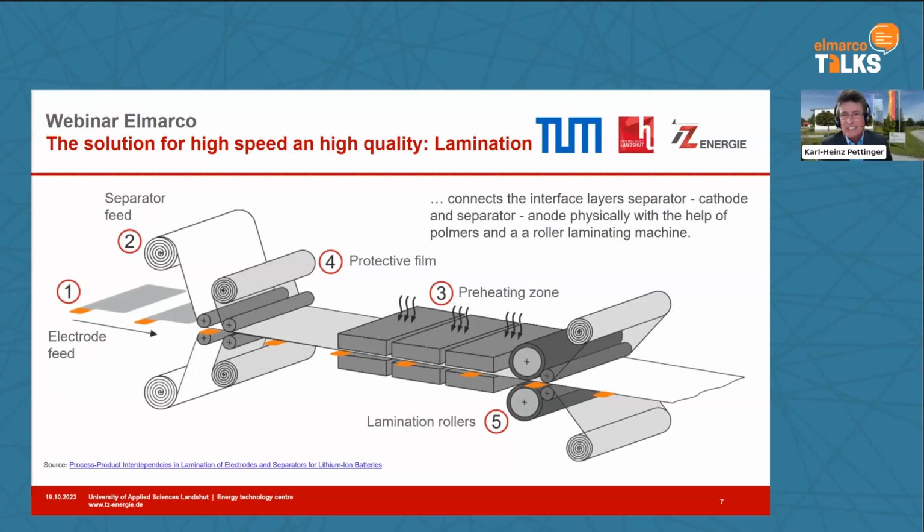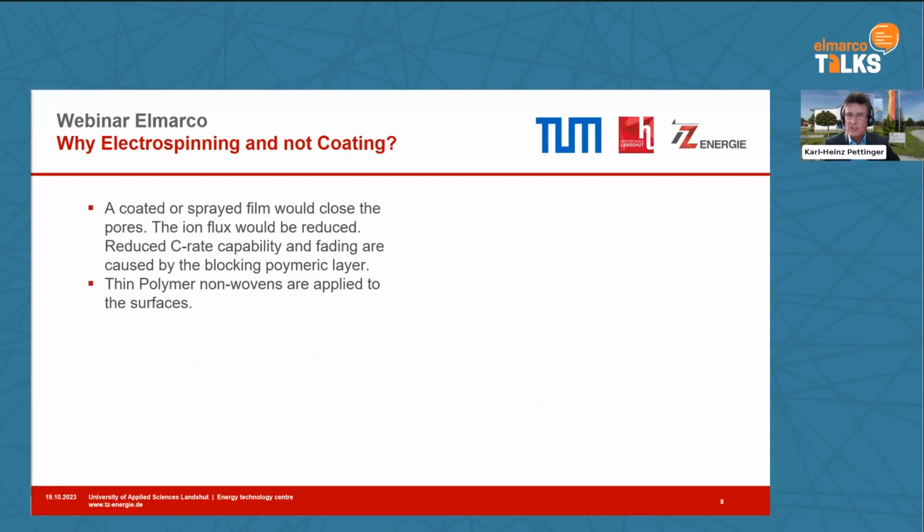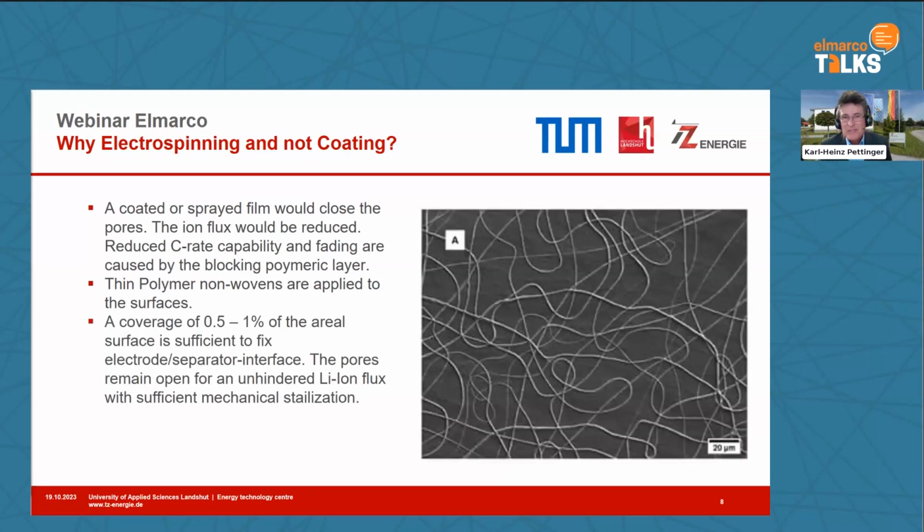Well, this sounds easy, but why are we using now nanofibers? We could easily coat it with a glue, anything, and glue electrodes and separators together. So if we would spray a film to the electrode surface, then we would have a film which is blocking the ion flux, remember the first chart, between anode and cathode. And the trick now, if we apply a non-woven, next slide please, Victoria, then we apply a small